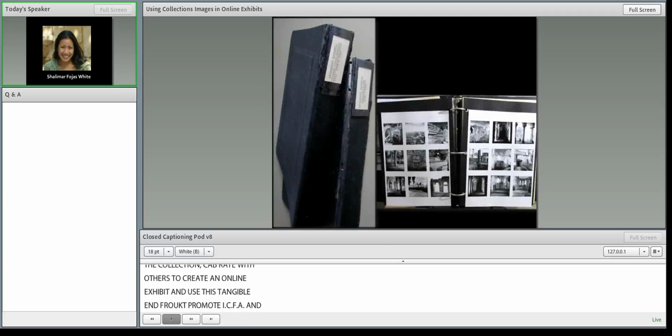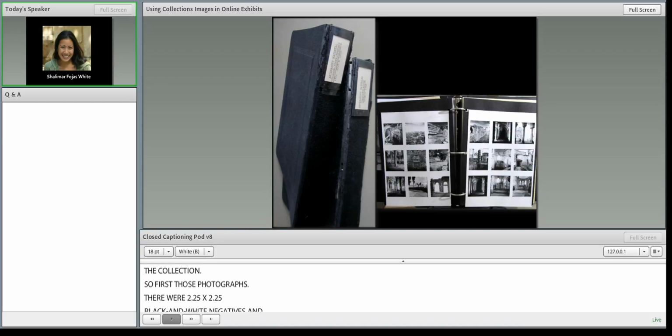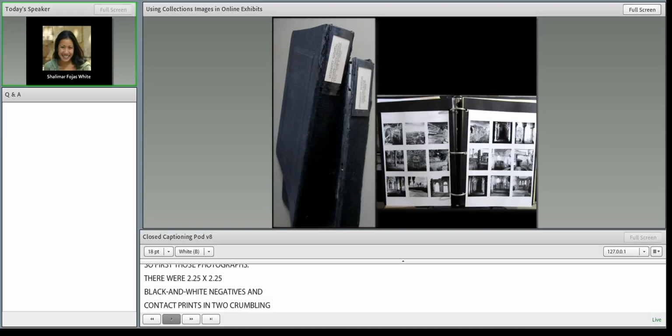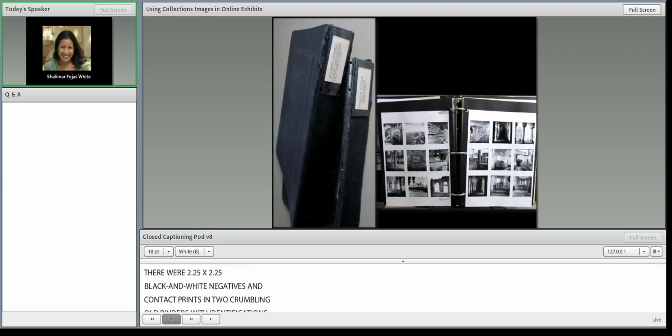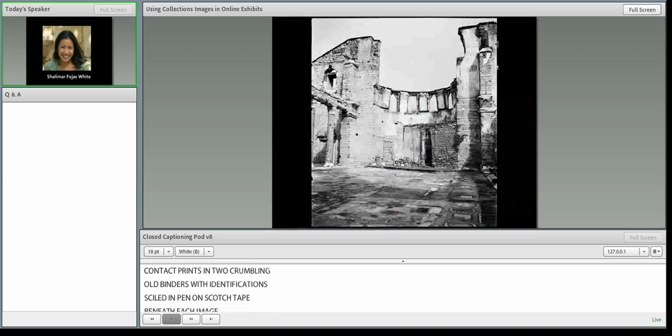So first, there's the photographs. There were 2¼ and 2x2¼ black and white negatives, and also contact prints in 2 crumbling old binders with identifications scribbled in pen on Scotch tape beneath each image. There were 542 of them, mainly depicting Byzantine sites in Istanbul,